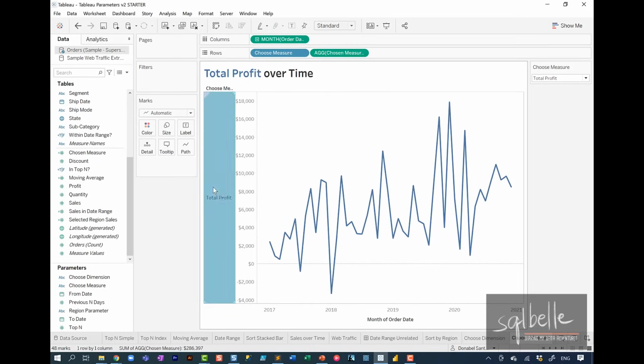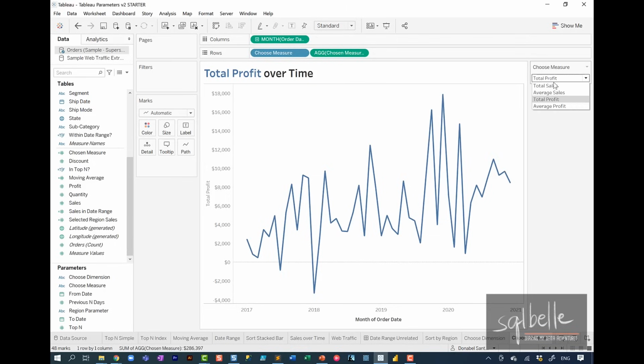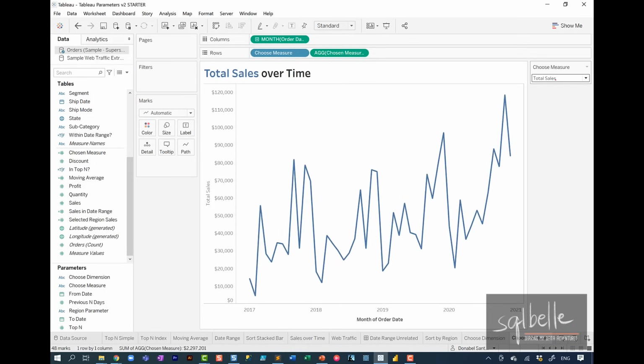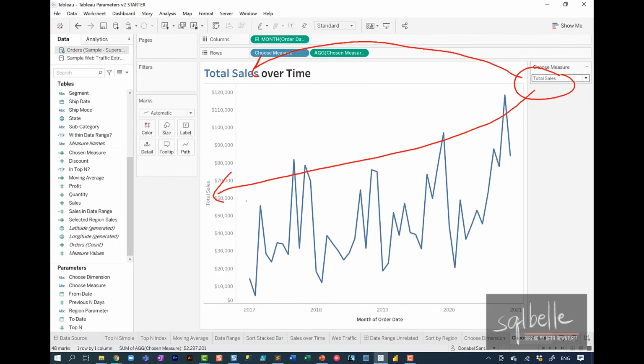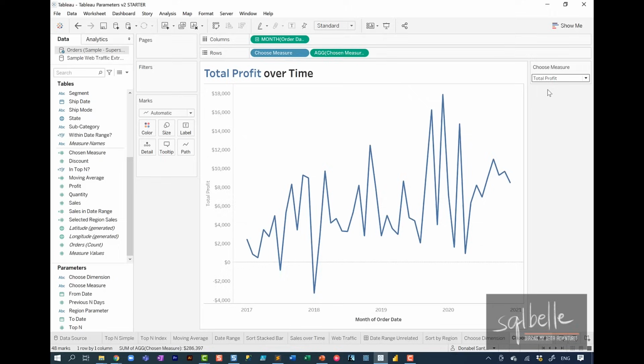Let's rotate our header and remove our field labels. So right click, hide field labels. One last check. Total sales. This should now be shown both on the title and what simulates our axis. Average sales, total profit,